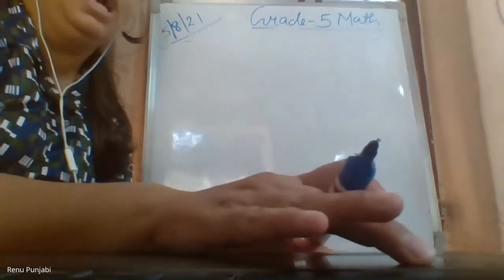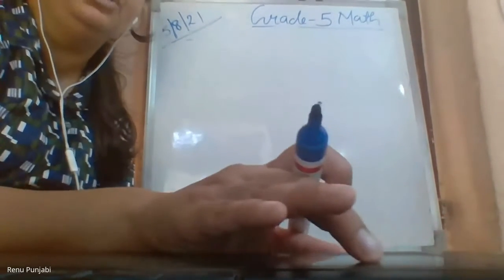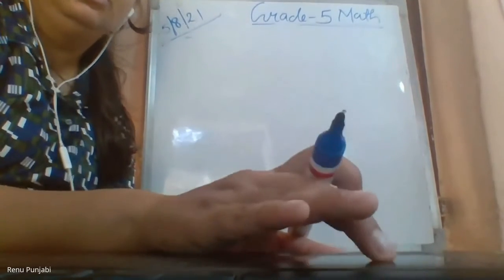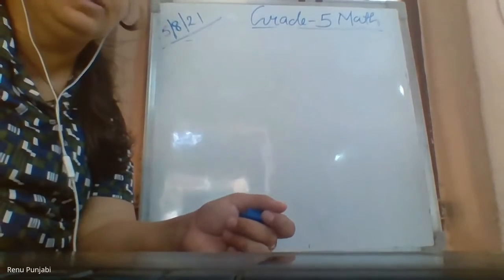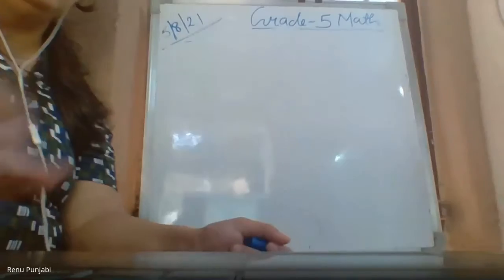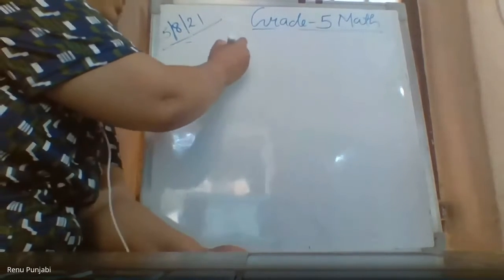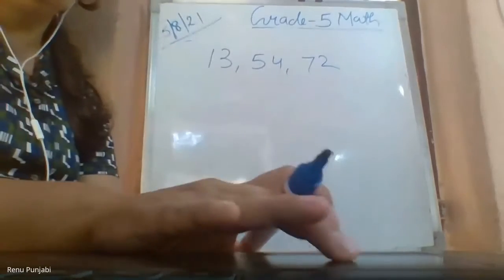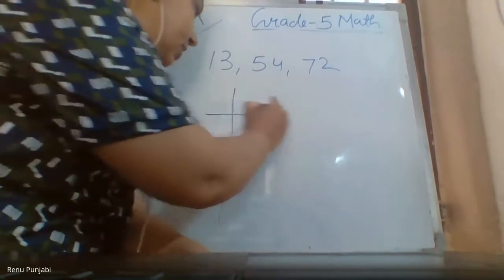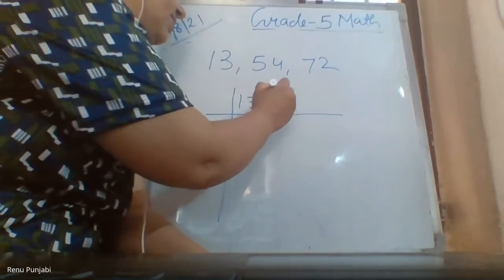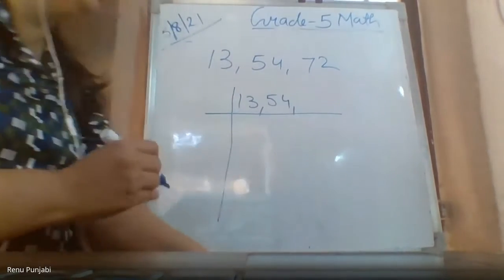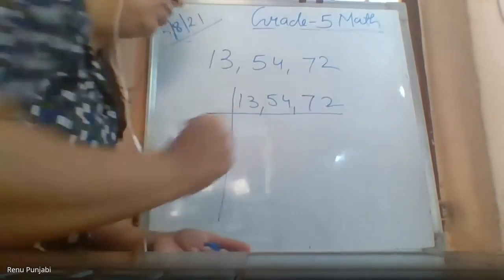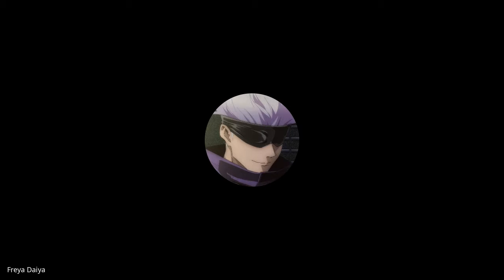Let me see the last question which you are asking for the worksheet number. Sixth question, right? Yes, ma'am. 13, 54, and 72. Okay. So now we will take the long division method, the common division method, for 13, 54 and 72. Which first prime number will we use for this? Ma'am, 2. Yes, 2.